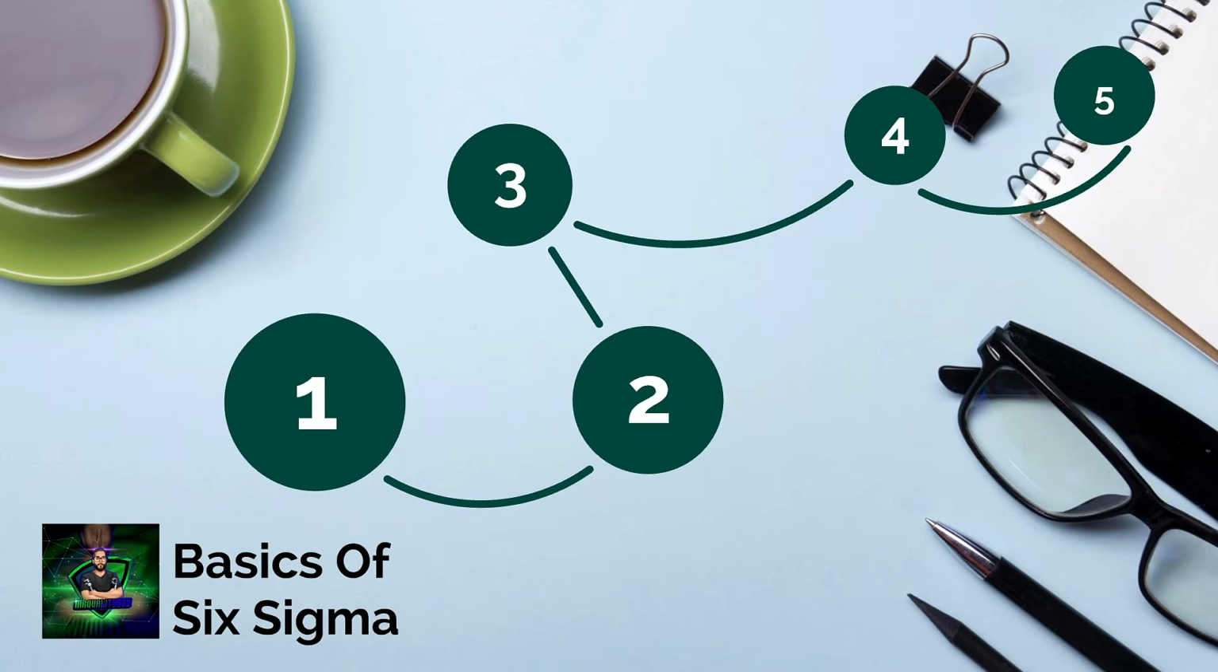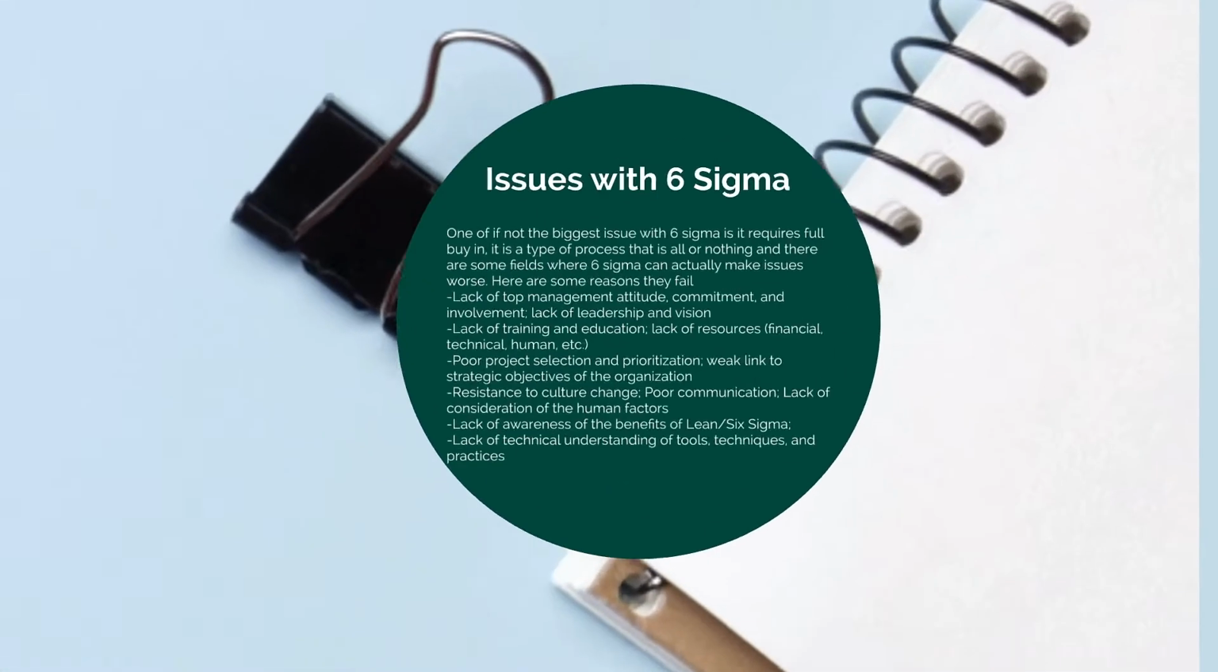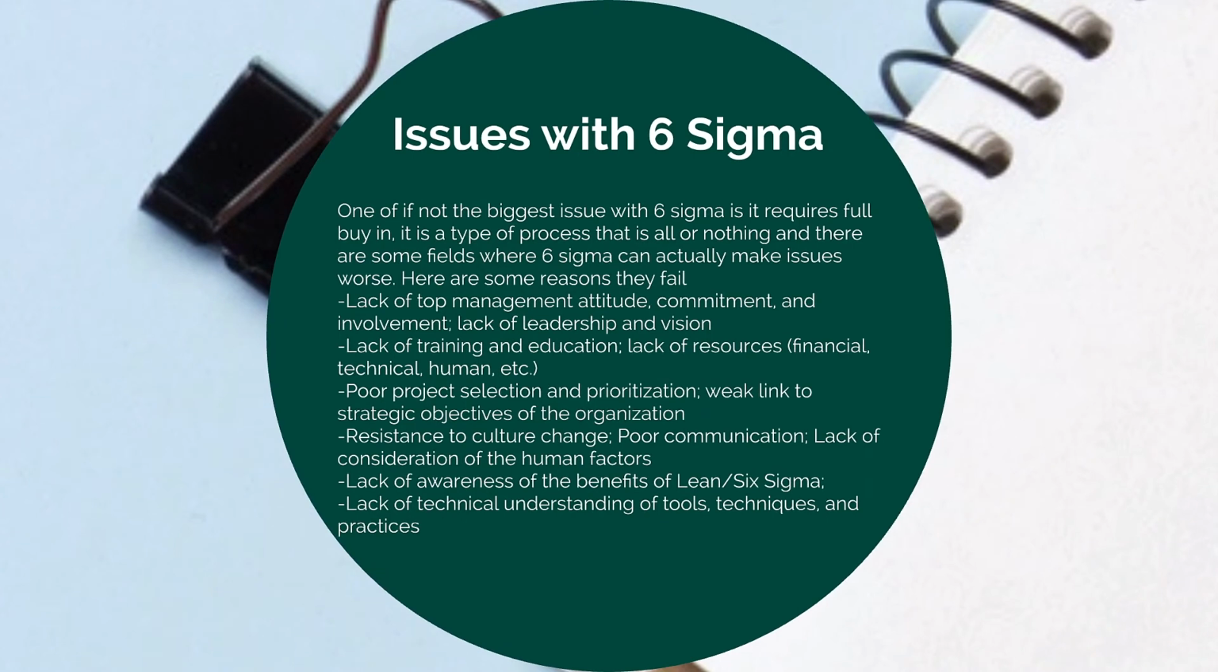So those are the basic bare bones of Six Sigma, but it is not without its faults. So one, if not the biggest, issue with Six Sigma is it requires full buy-in. It is a type of process that is all or nothing, and there are some fields where Six Sigma can actually make issues worse. Here are some reasons Six Sigma projects fail: lack of top management attitude, commitment, and involvement,